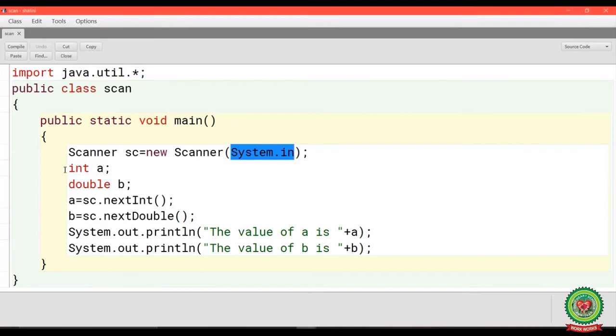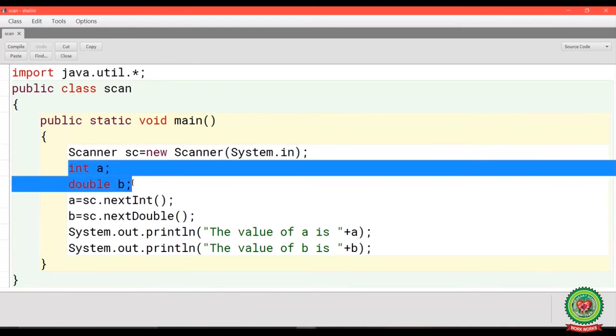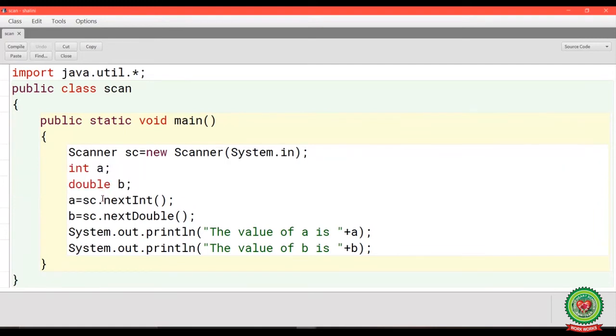Again I have declared two variables, int a and double b. a is of integer type and b is of double type. Now in the Scanner class we have the functions nextInt, nextDouble, nextFloat, and so on for the various data types. For integer a we will write sc.nextInt.